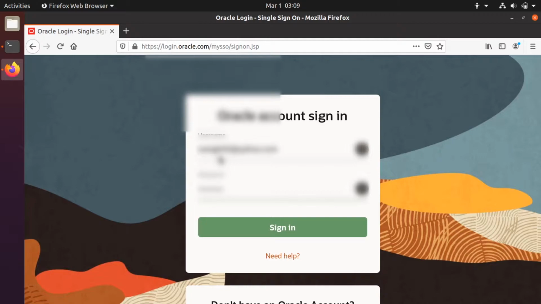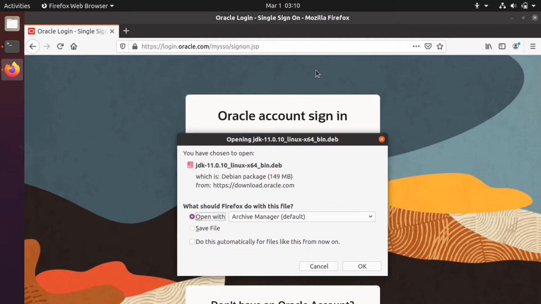Once you sign in, the download will automatically start. As you can see, download has begun. Just save file.